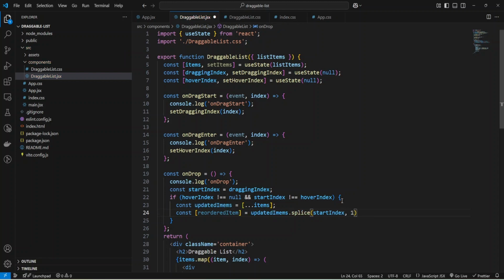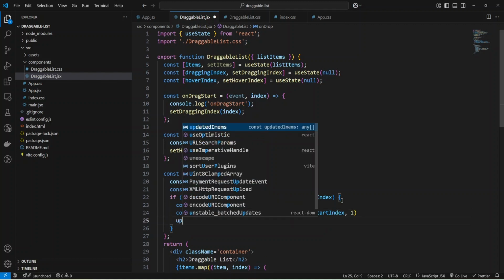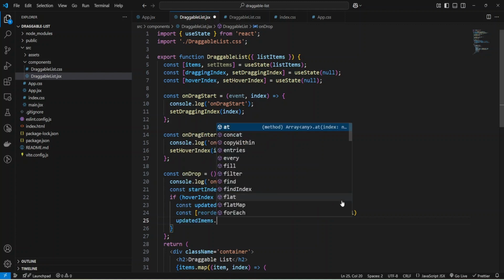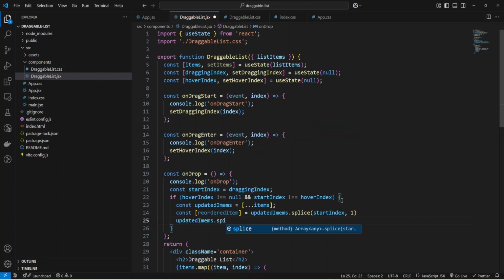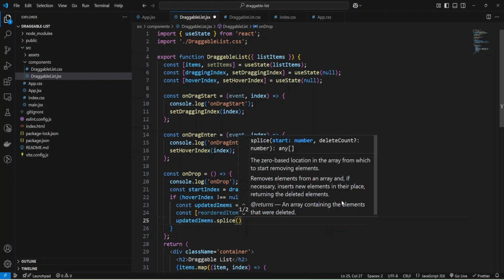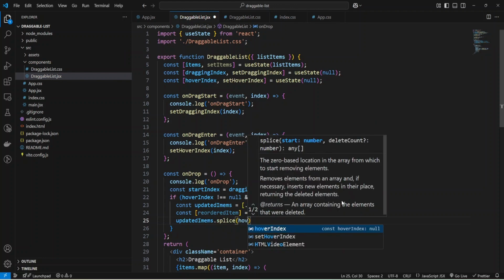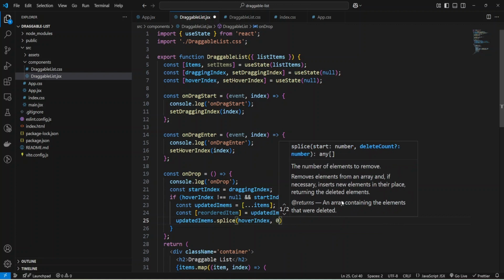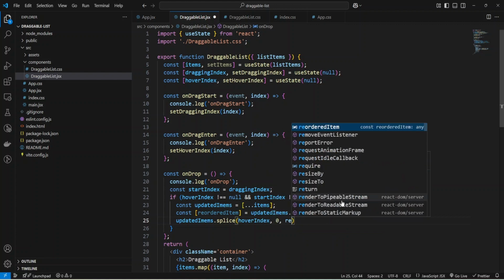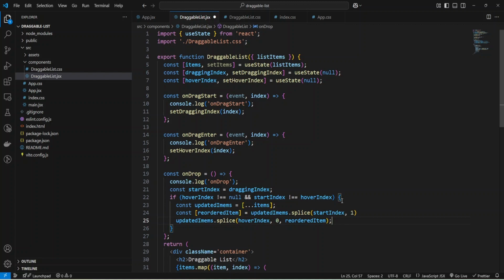Okay, and then I'll add this item to my updated items, and we'll add it after hover index, and we'll use my item.